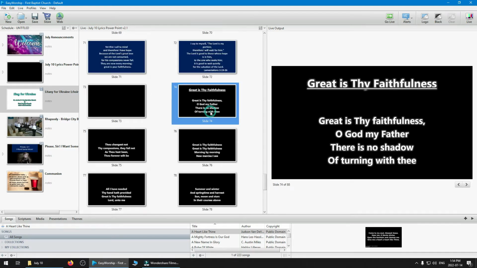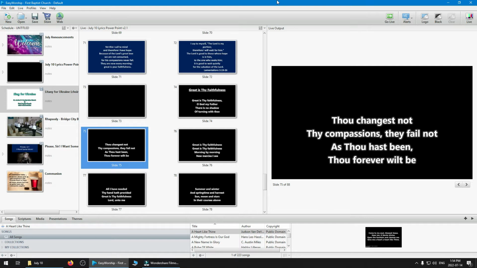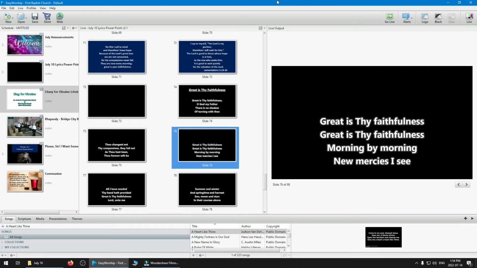When you are playing the lyrics slides for the congregation, you really want to be attentive and following along. I like to either sing along or just speak the words along with the service to make sure that you're staying on track. You want to switch the slides a little bit before the congregation needs them switched, preferably. You don't want to wait until they get to the last possible word before you switch the slide,